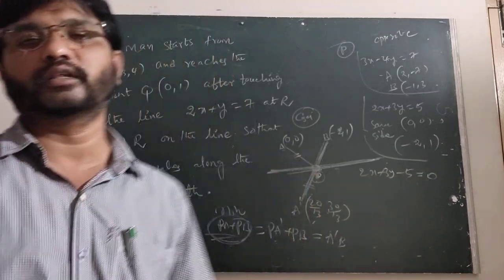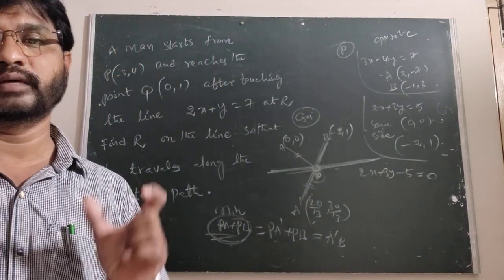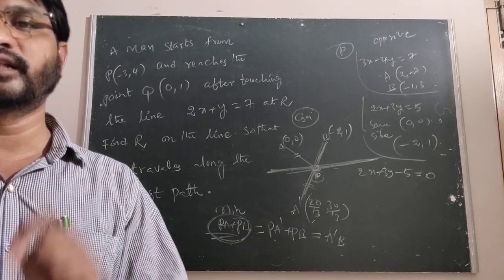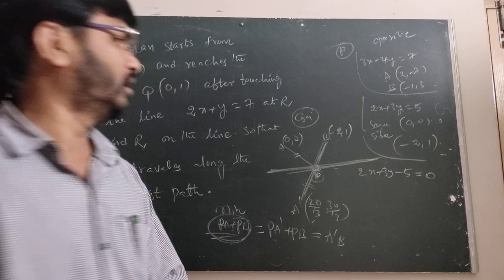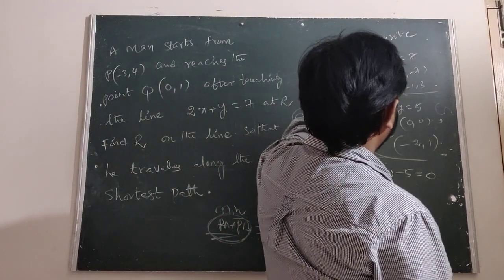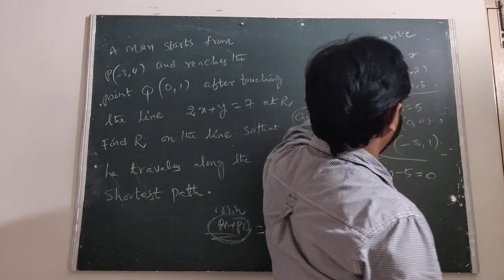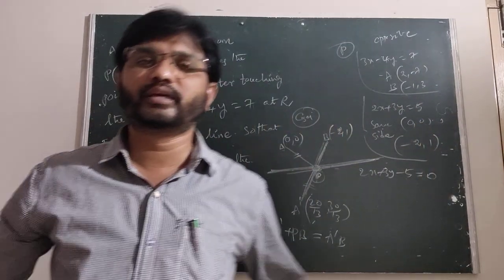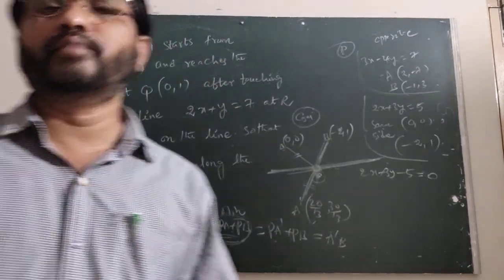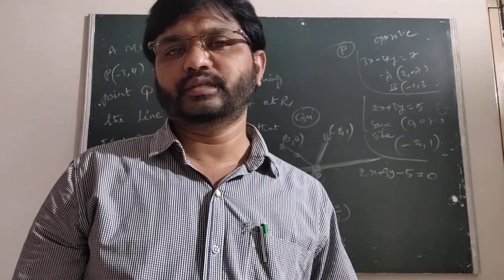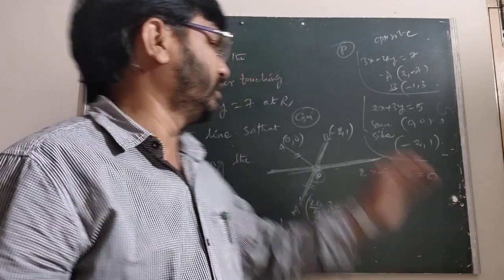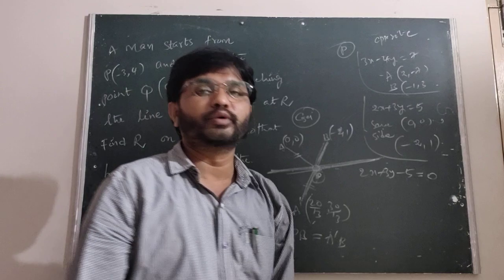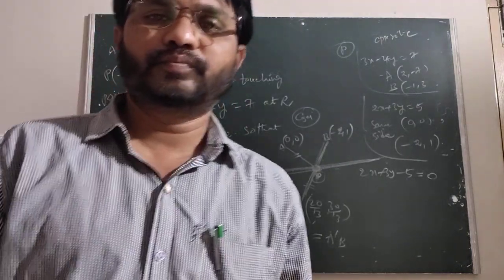This is to find the minimum distance. PA plus PB, where P is a point on the line with respect to the given 2 points. Given 2 points A (2, minus 7), and B (0, 0) and (minus 2, 1). So the question framing is here: find the minimum distance of PA plus PB such that P lies on the given line, and the points lie in the plane of 2x plus 3y equal to 5.